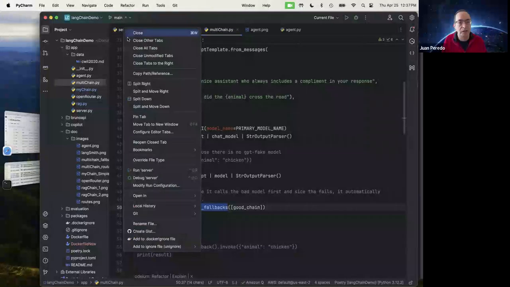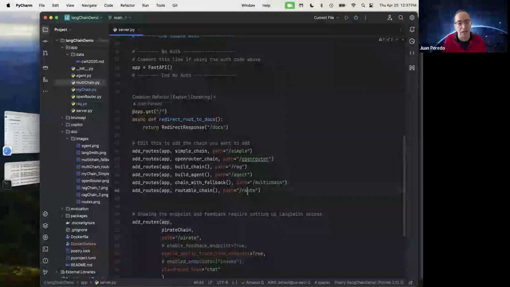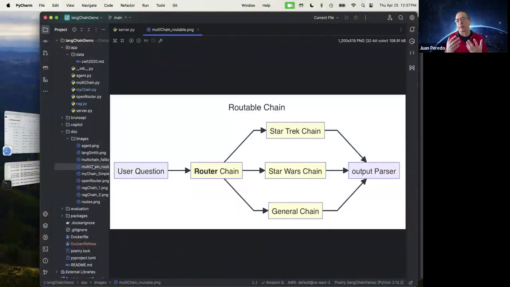Now let's look at the next one. The next one is routing LLMs. Now let's assume, or actually not assume, it's a fact that running smaller models is significantly cheaper than running the bigger models, right? So we could have, let's say, 3 models trained on specific bodies of knowledge. We could have one trained in medicine, one in physics, one in chemistry. And it'd be really cool if, whenever somebody asks a question, we could route it to one of those 3 models.